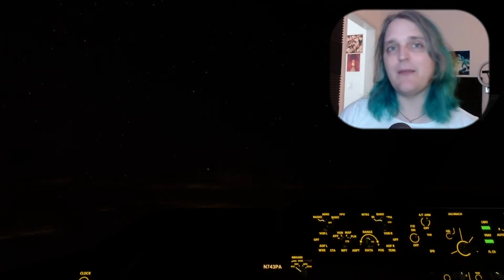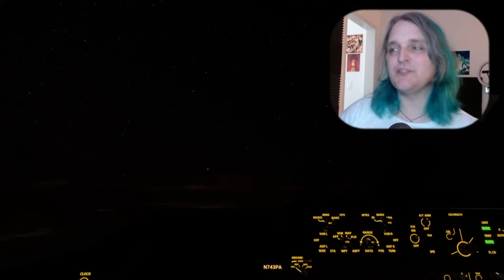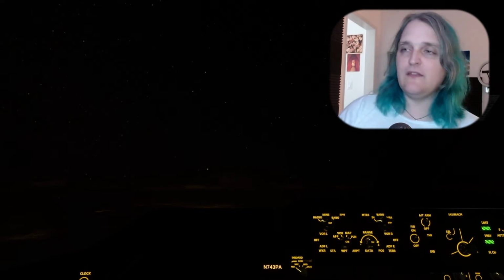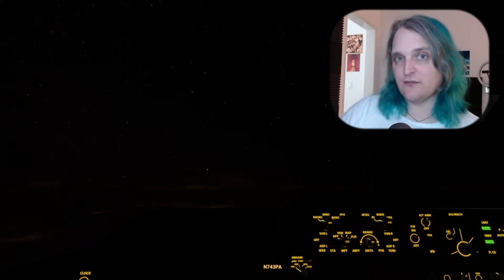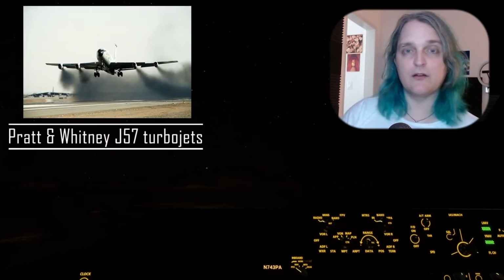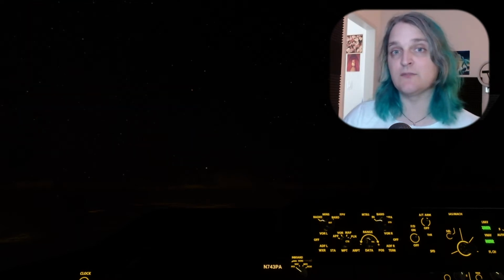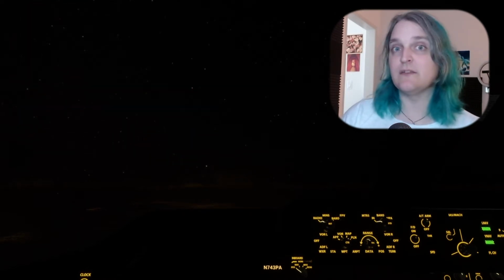It was a high bypass turbofan engine, which was different from the turbojet engines that the 707, DC-8, and likewise used. Any of the airplanes that you see these days that have the big fans on the front of the engines, those are turbofan engines. They're much cleaner, much quieter, much more fuel efficient. They're just better engines overall than these old-fashioned turbojets, which is why you very rarely ever see them these days